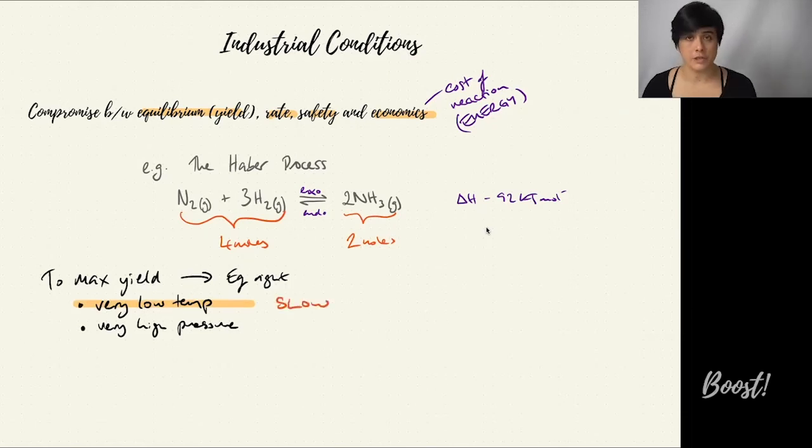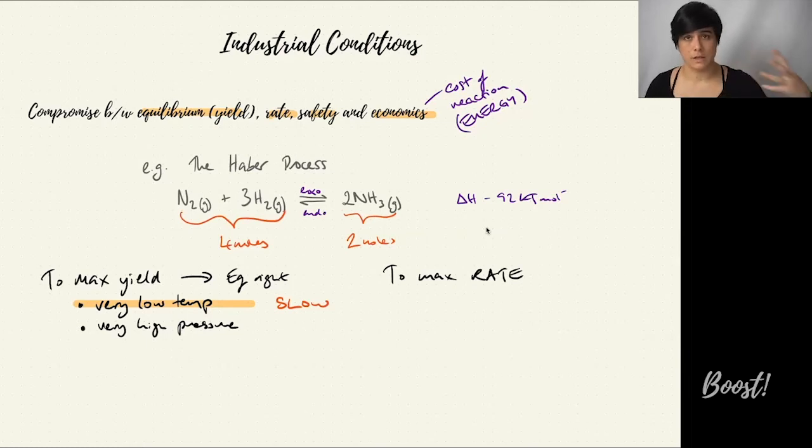And in industry, we wouldn't want to have to wait several days or weeks to be able to produce enough product to make this economically viable. We're trying to produce some product, in this case ammonia, in order to sell it and use it for something else. So we want to create this at a high enough rate that this makes economic sense. So to maximize the rate,